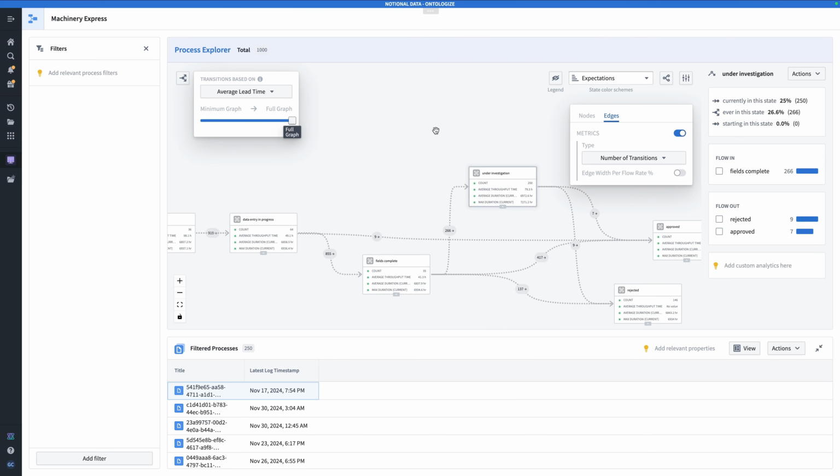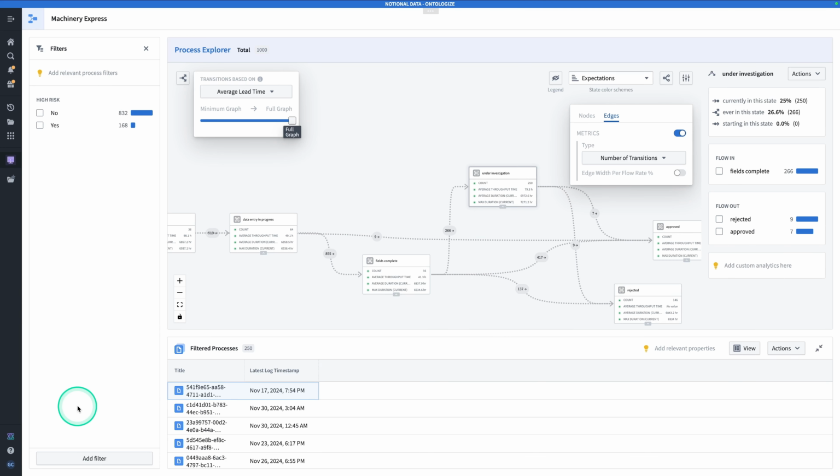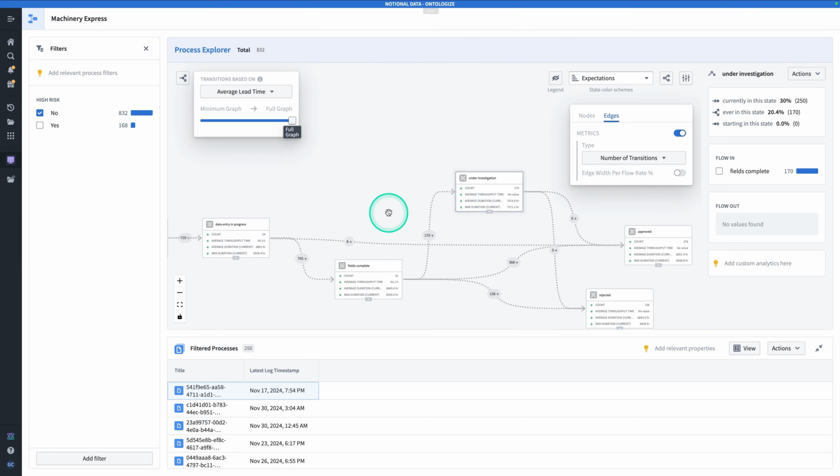Let's go do that. First, make sure that this left-hand filters panel is expanded. At the very bottom, you're going to hit Add Filter, and we're going to filter on high risk. You're going to click on high risk, and we're going to hit no to look at claims only made by non-risky customers. Here, we can see a problem. From our subject matter knowledge, we know that being high risk is a necessary condition for an investigation step. But you'll see here, even though we're filtering for non-high risk, 170 claims are still entering this state and none are